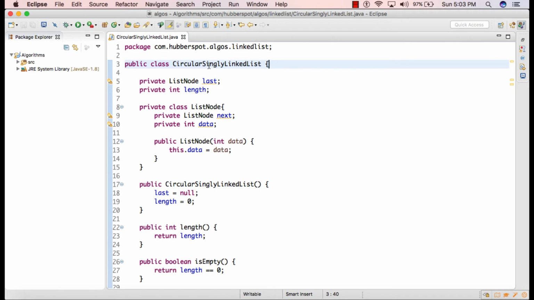So friends, in my previous tutorial, I created one class by name circular singly linked list. And we saw the implementation of circular singly linked list in that tutorial. We basically created a few instance variables by name length and last. So this last node was used to keep track of the last node in circular singly linked list.